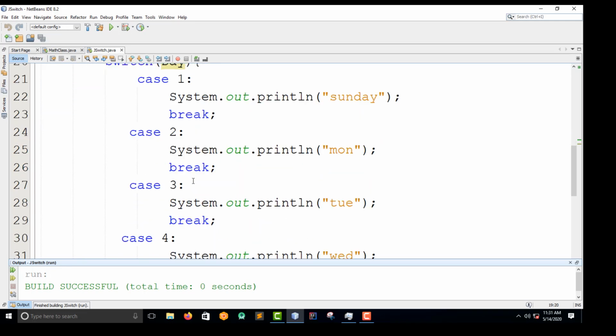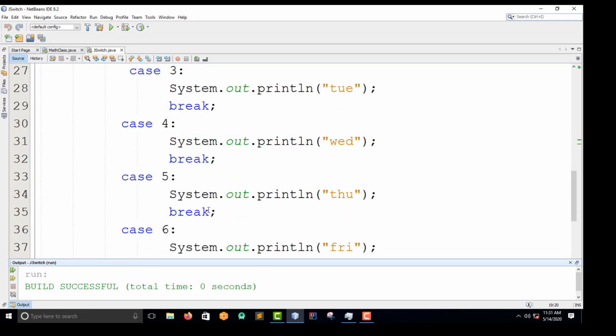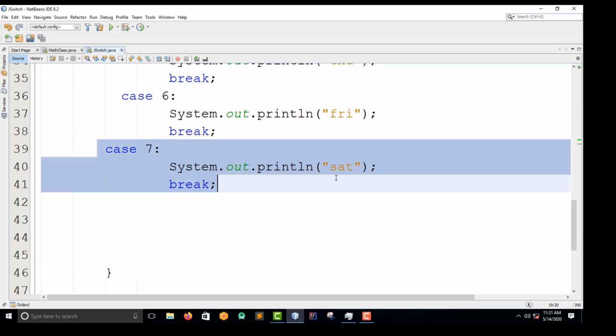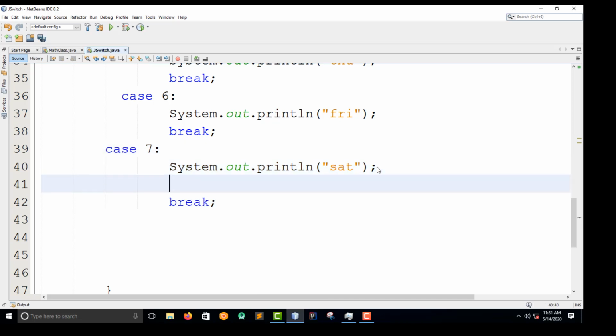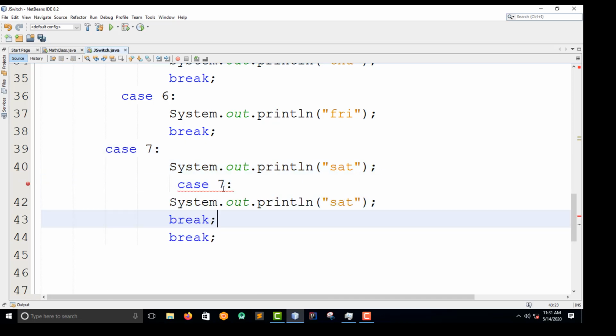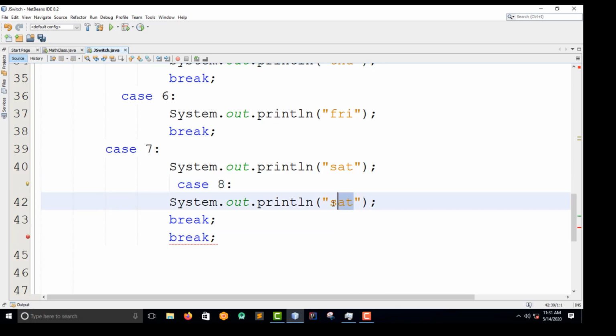So if we had a break case here, for example, let me add one more so that we can understand the meaning of the default keyword. I'm going to do this, then I'm going to say plus 8. Then I'm going to say, oh, you don't have an option. It doesn't match any of the days. No match. Exactly, no match. So this is the default.